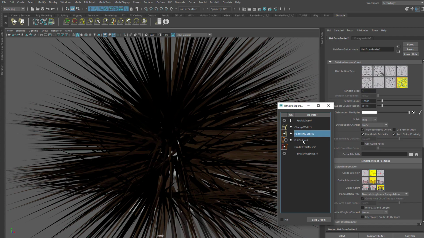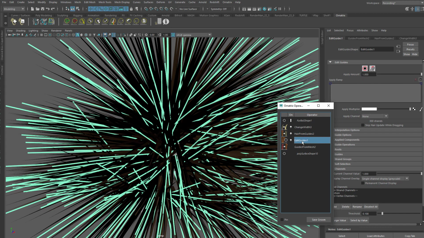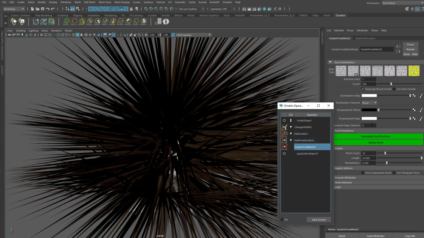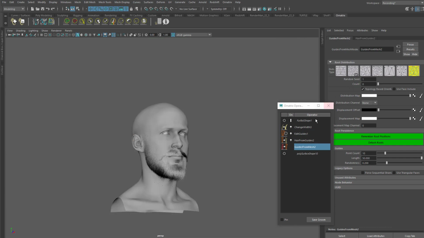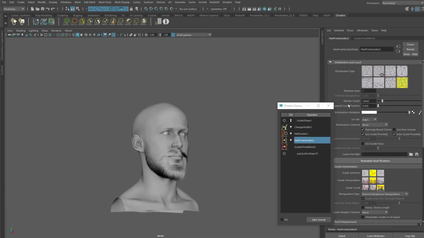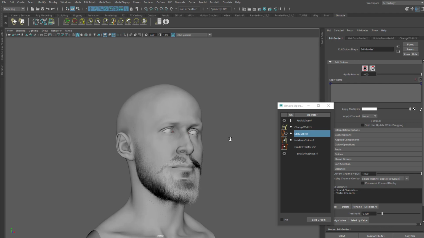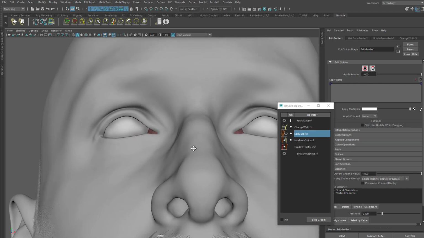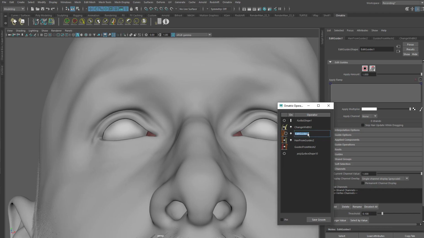In this case, I'm not going to delete this one. I'm just going to move it on top of hair from guides. I'm going to reduce the guides to 0 and the hair count to 0. And in edit guides, as we did before, I'm going to add, let me call this base as well, base,